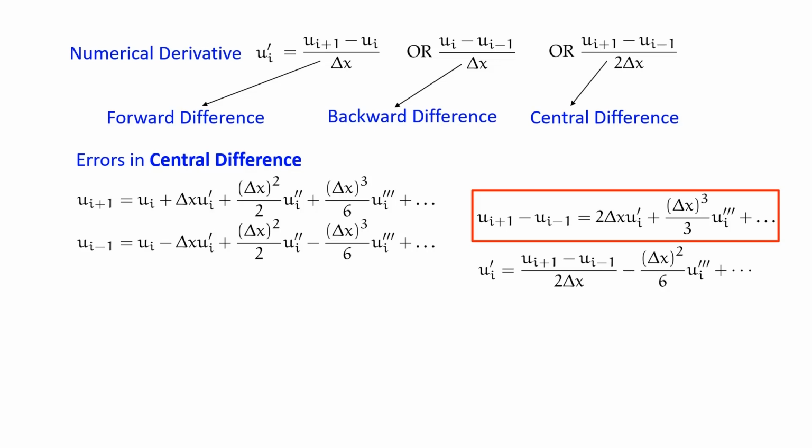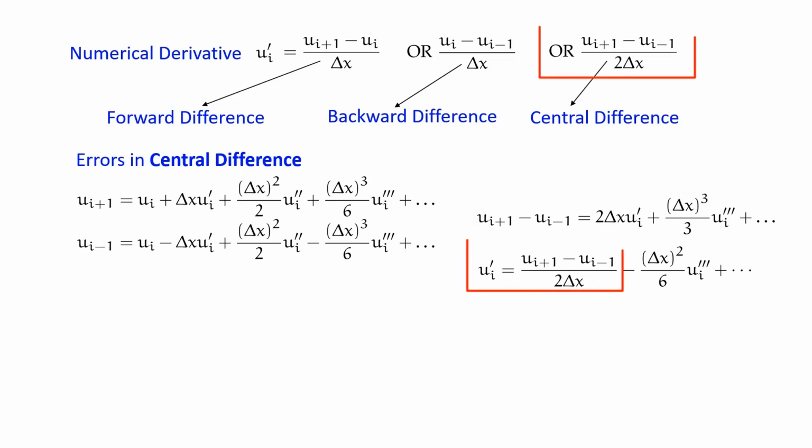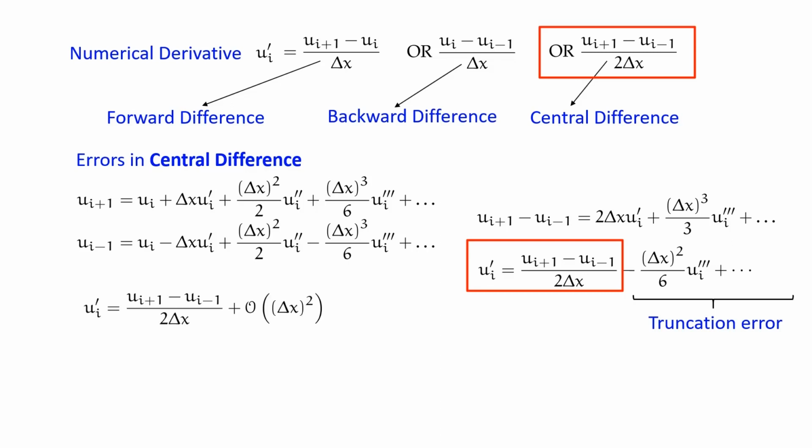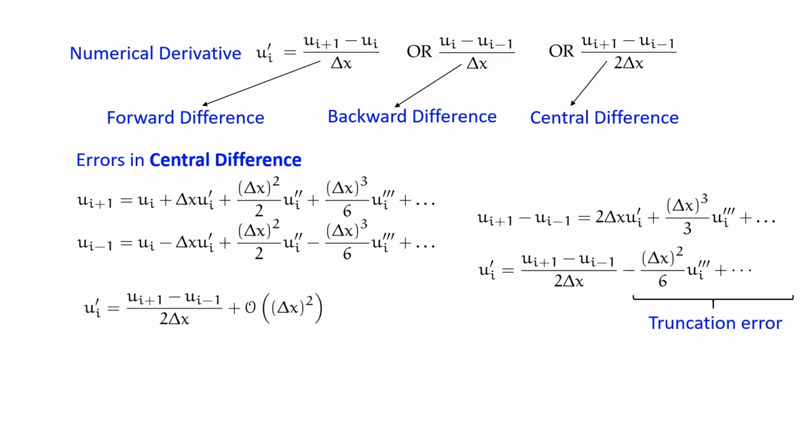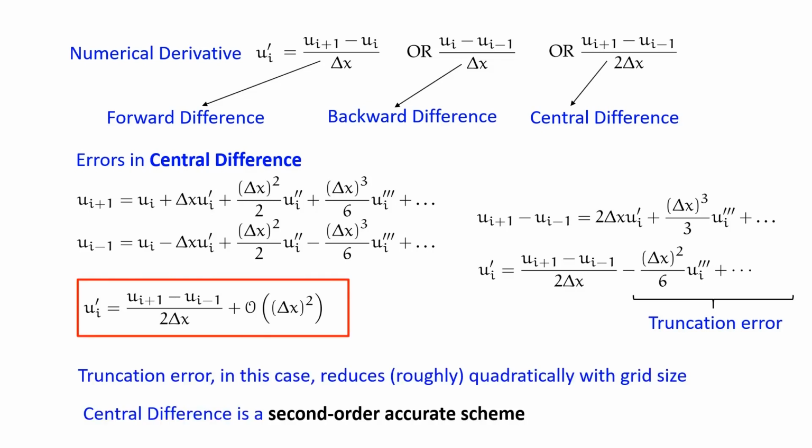So we can write u_i prime as u_i plus 1 minus u_i minus 1 divided by twice delta x, minus delta x square by 6 u_i triple prime plus additional terms. So if we compare this with the central difference, we see that the first term is delta x square by 6 u_i triple prime, and then there are additional terms. All these terms are truncation errors, and thus the truncation error in this case has an order of delta x square. So here we see that central difference is a second order accurate scheme,